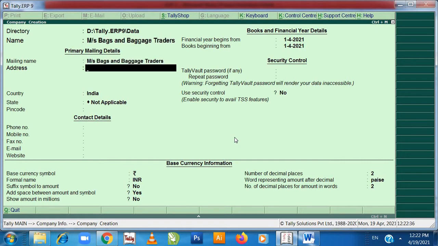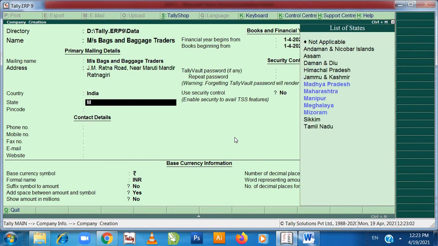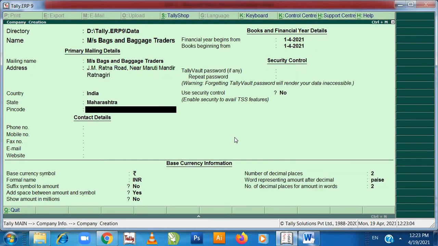Address is J.M. Ratna Road near Maruti Mandir, Ratnagiri, India. State is Maharashtra. Enter. Pin code is 415612,